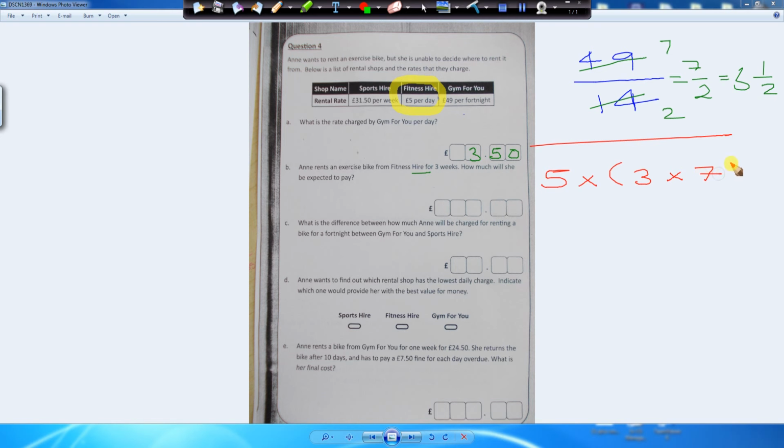21 days. We can put brackets here to indicate there is 5 lots of all these days. But because we're doing multiplying, the brackets are actually not necessary. Just leave it like a nice open multiplication question. So you've got 5 times by 3 times by 7. Well, 3 times by 7 is 21. And then 5 multiplied by 21 will give us 105. So she will pay £105